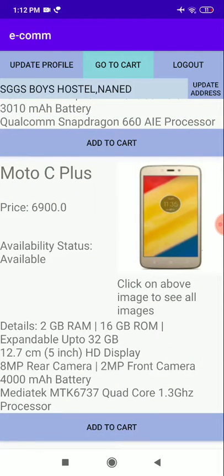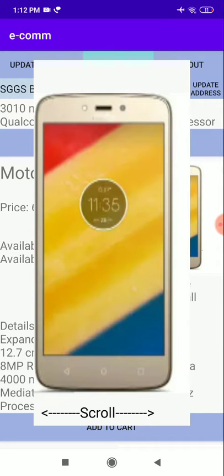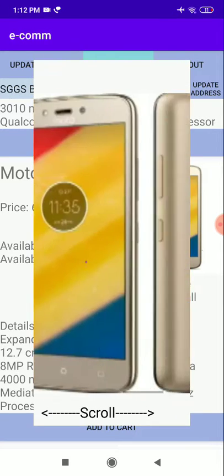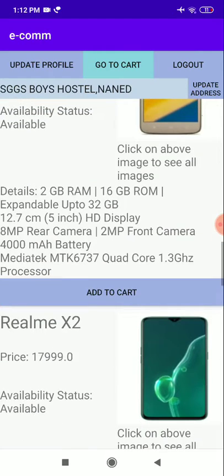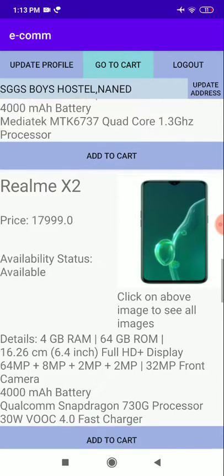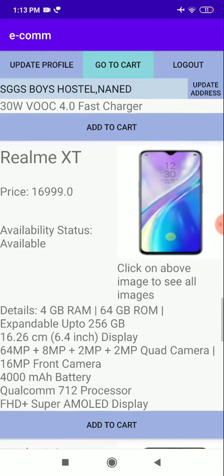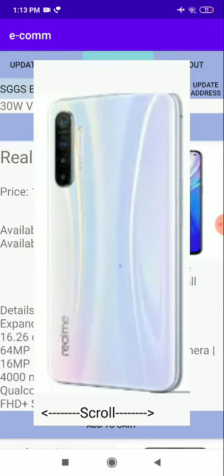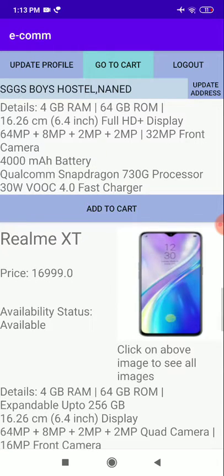The Android app fetches them after you click, so it takes a bit longer to load the images, but the efficiency is improved as it is not fetching everything at the start. If we click the product, it will fetch all the images of that product.